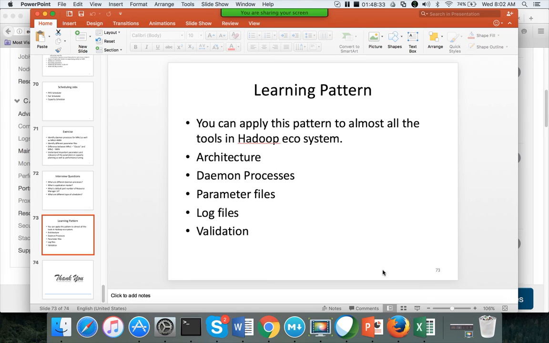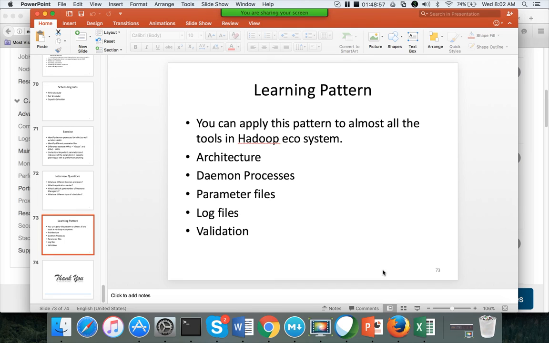We will be using the same learning pattern going forward for all the other tools like Hive, Pig, Sqoop, etc. We'll look at the architecture, the daemon processes, the parameter files, log files, and validation, by validating the service level as well as whether the service is working as expected or not.